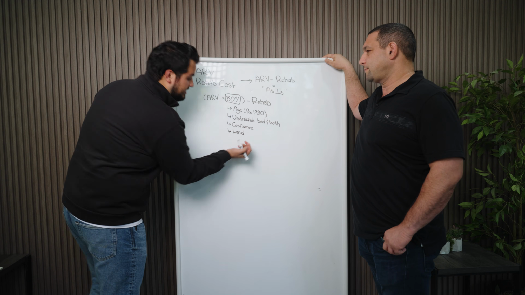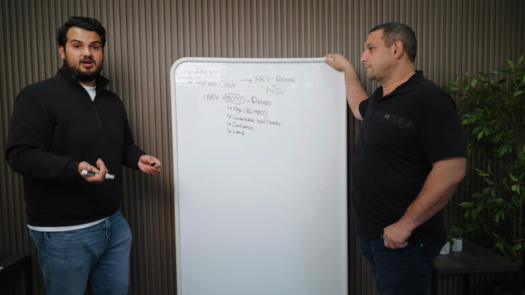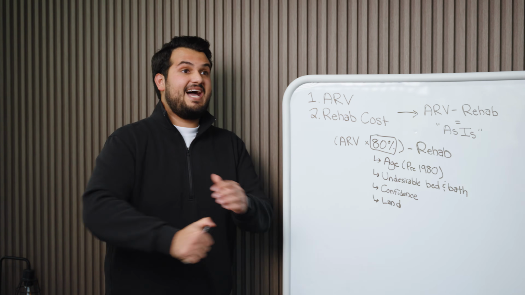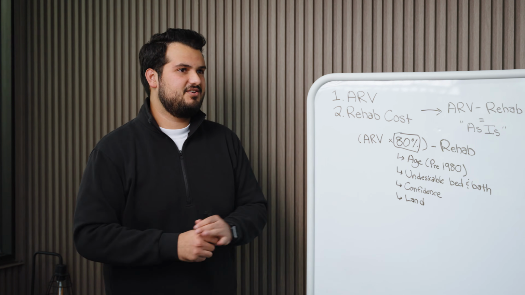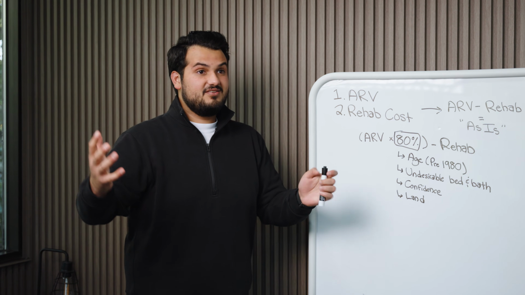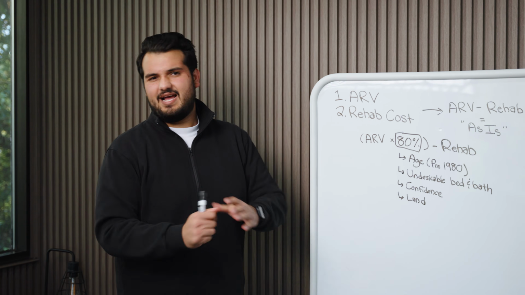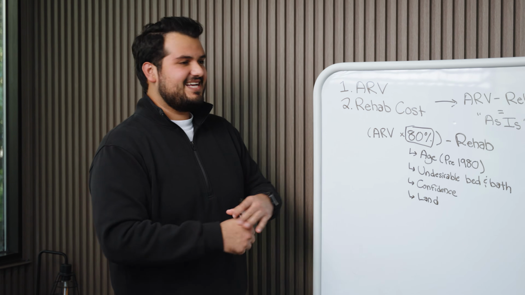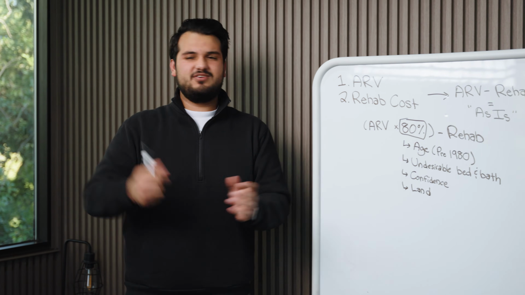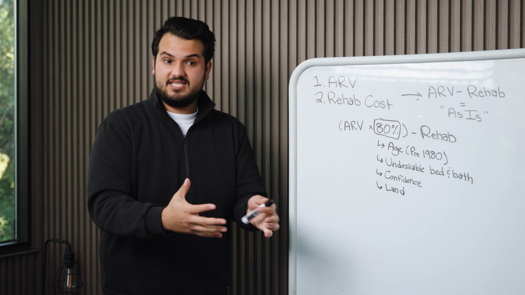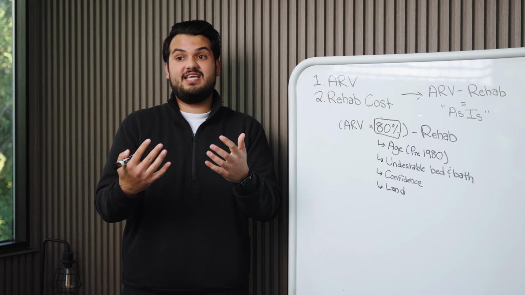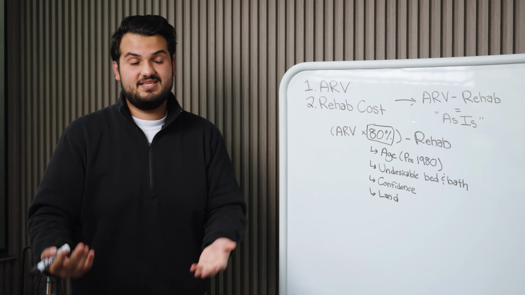The other thing that I'd say, kind of going off that, is just the uniqueness of the property. Imagine you have a property that's just an outlier of everything near it, right? It's either significantly larger than everything else, or it looks completely different, or it has a weird layout, or it has an ADU and nothing else has an ADU. Small details that are just unique to this property. Well, it makes it hard for me to understand what it's worth if nothing around it is similar.